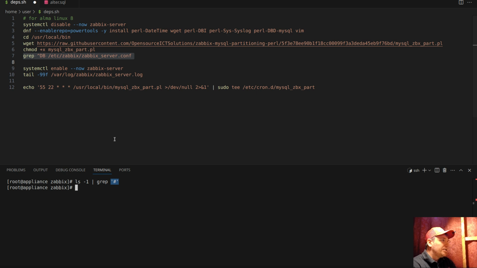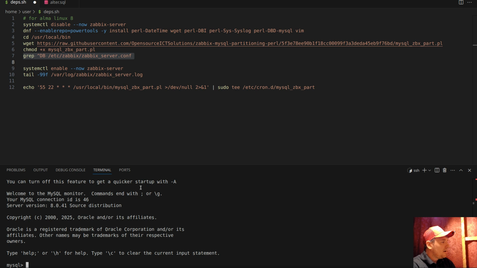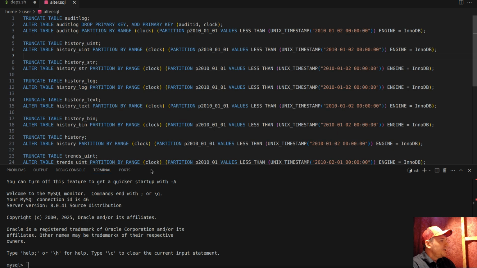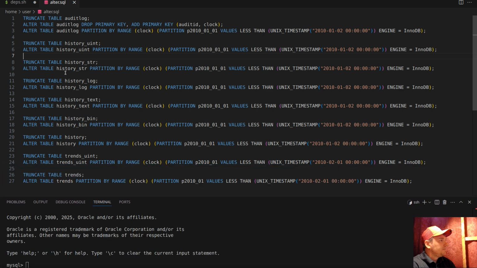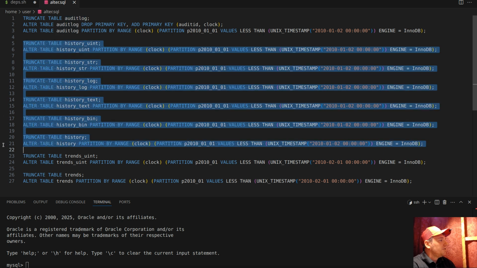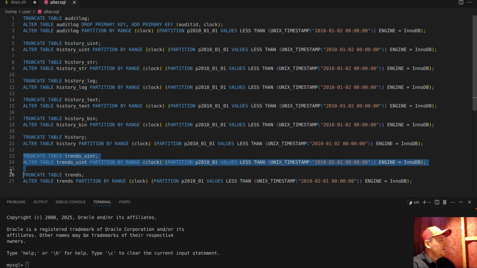Since we are about to install the Perl script, it's a good follow-up to validate the current situation. And now let's re-authenticate into the client and go to the database zabbix. To enable the partitions, here we have 1, 2, 3, 4, 5, 6, 7, 8, 9 blocks like audit log, and then we have 6 tables for raw historical data, these ones, and then 2 tables for the trends. And yeah, we can copy these